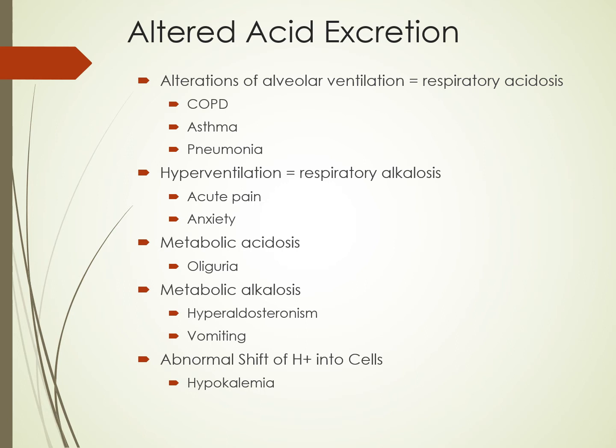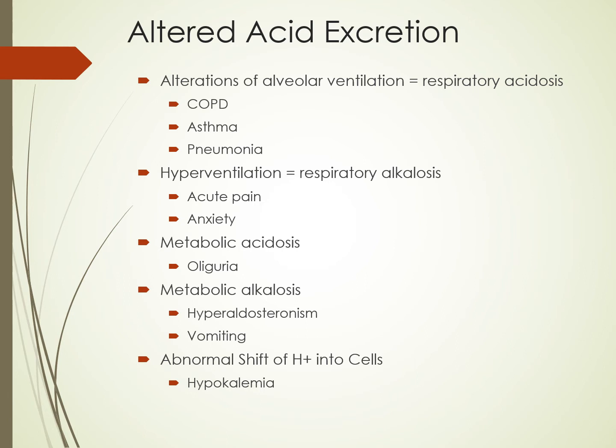Although decreased carbonic acid excretion is the most common problem, it is possible to excrete excessive carbonic acid through hyperventilation. This situation causes too little carbonic acid, resulting in respiratory alkalosis. High-risk populations for too little carbonic acid due to hyperventilation include people who are hypoxic, are experiencing acute pain, or are upset and anxious. These conditions that cause respiratory alkalosis tend to be more short-term than many causes of respiratory acidosis.